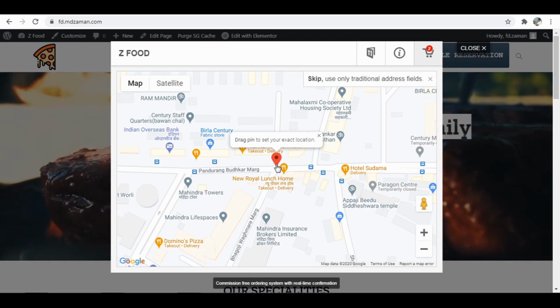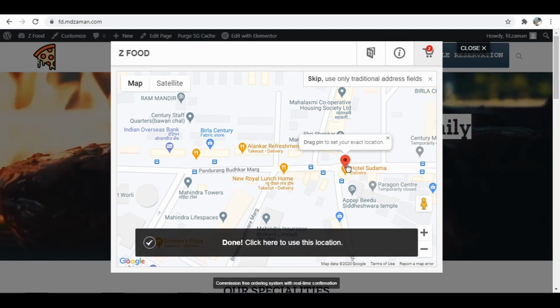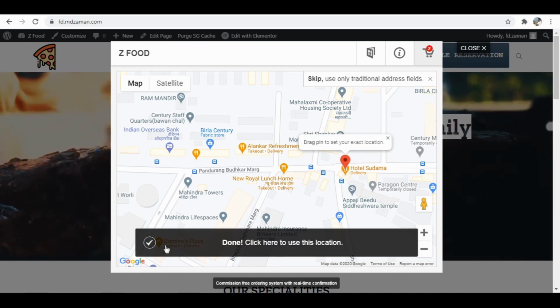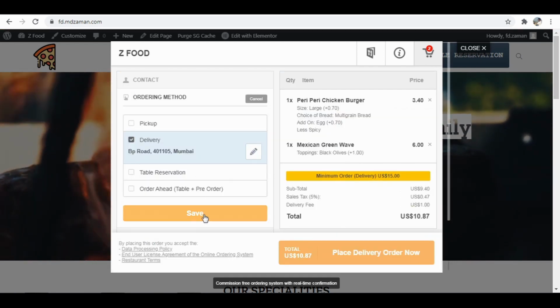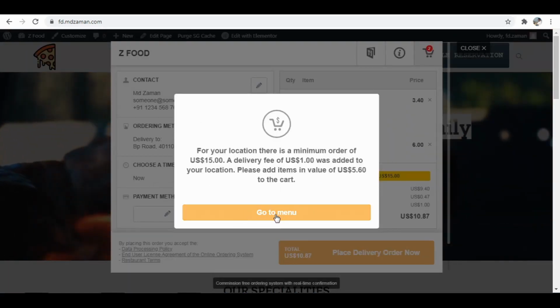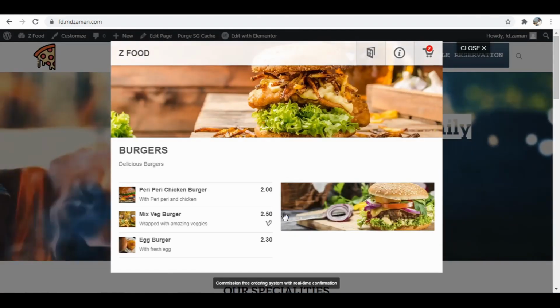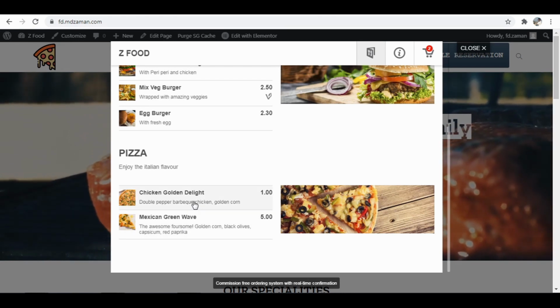And over here you have to pinpoint the location where you want your food to be delivered. So suppose if I want it to be delivered over here, alright, I have to pinpoint the location and select on done and click on save. And as you can see, the minimum limit was 15, so I'd have to go back to the menu, add something again. I'm going to order this one again,